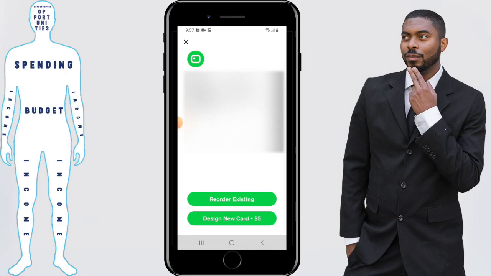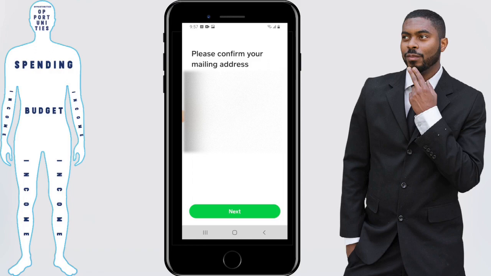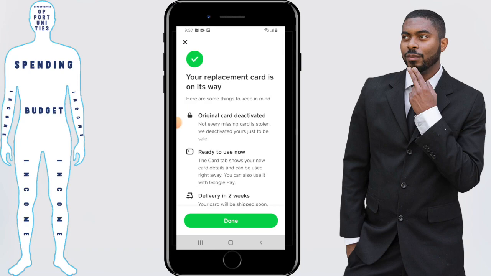Once you've selected your choice, you'll be asked to confirm your mailing address. So if your mailing address has changed, you want to update that here because this is where they're going to send the physical card. Once you're ready, click on Next, and the following will appear saying that your replacement card is on the way. Some things to note is that your original debit card is going to be deactivated, and